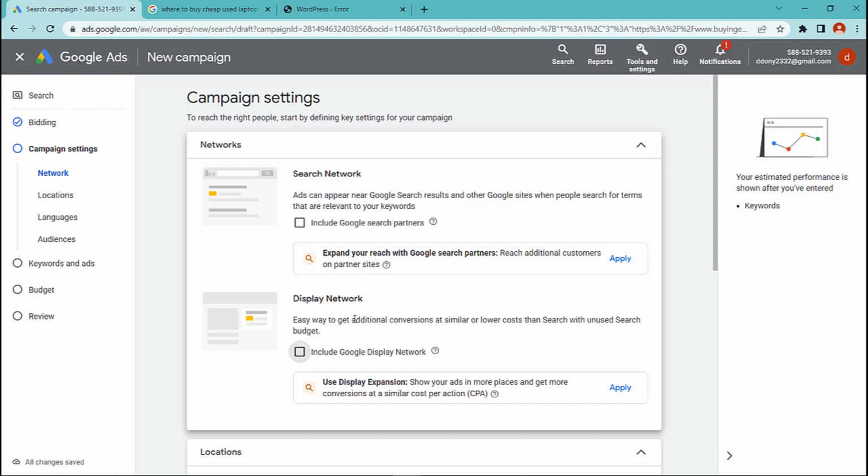This is absolutely awful, and I don't want to know any reason you would ever want to use this. If you want a display campaign, go ahead and make a display campaign with the display network. Here you are not going to have any control over it, and you are really just going to waste your money. I think it leaves all the actual automation up to Google. That's not what we want to do. You want to have some control over the display network.